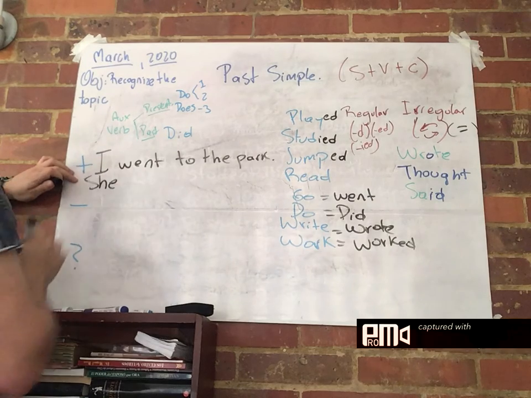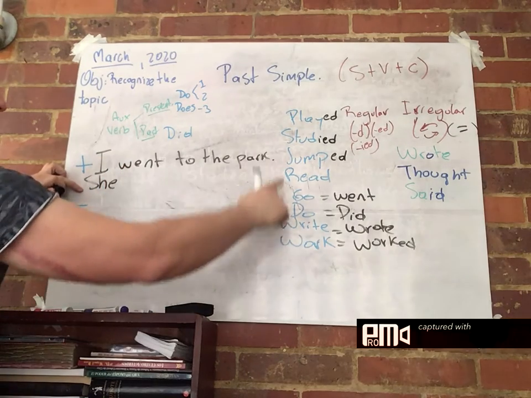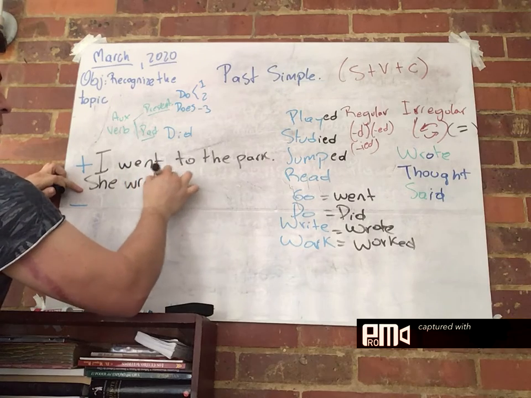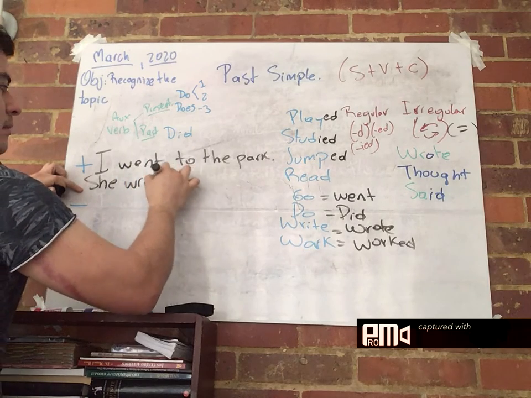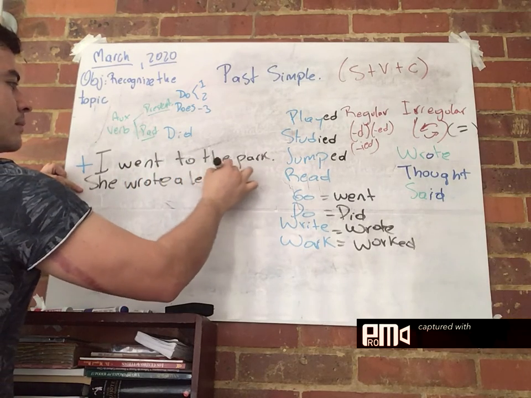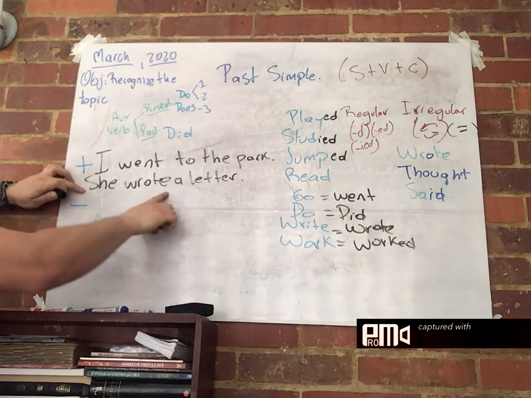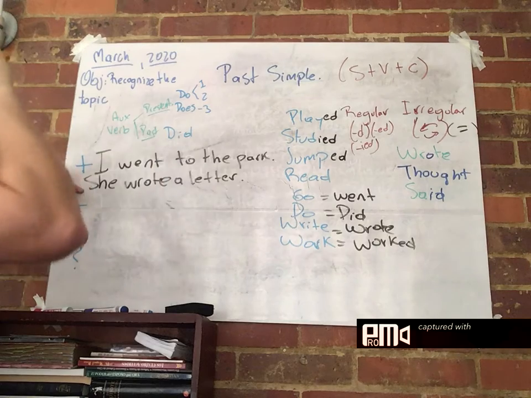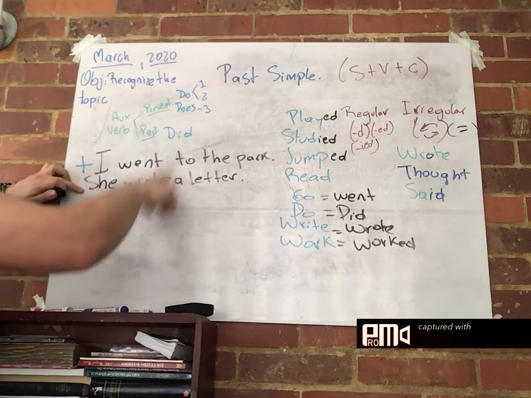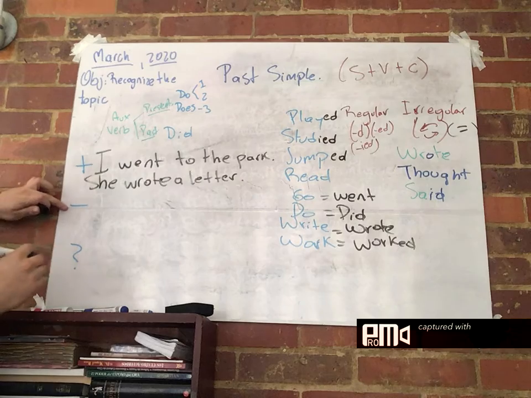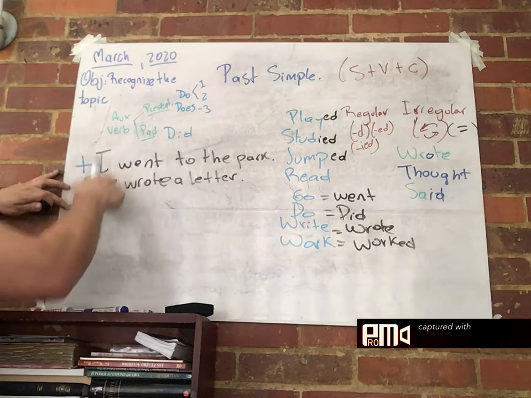Third person, she, another verb: she wrote a letter. Last weekend she wrote a letter. We don't have to conjugate because the conjugation is just for the present. In the past, we don't conjugate. She wrote a letter. In a negative way,